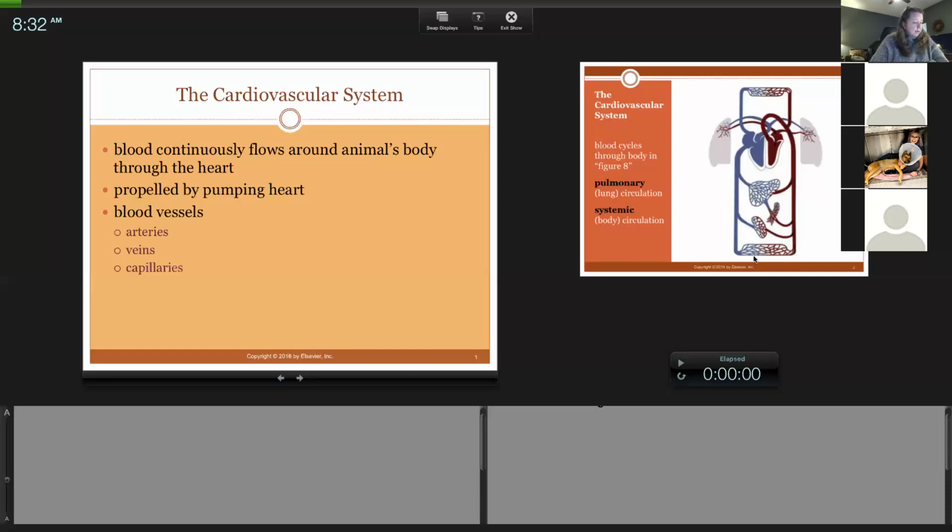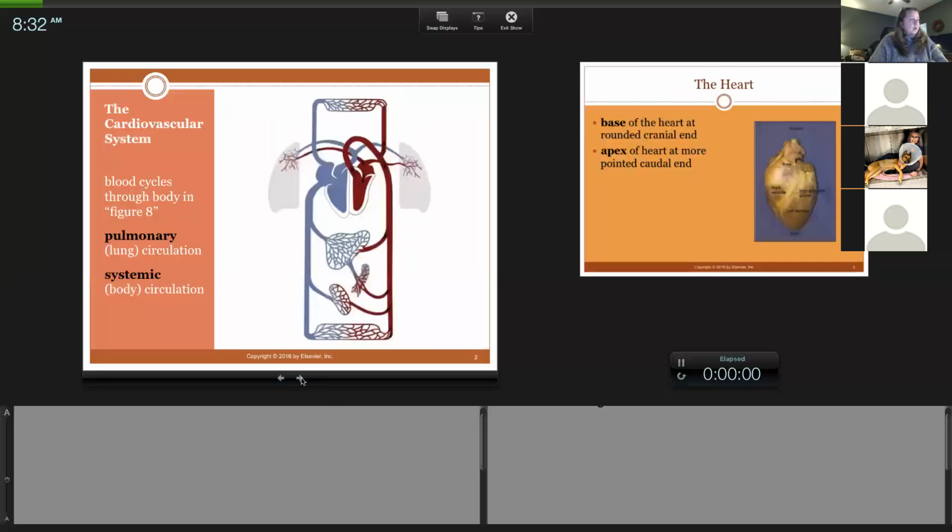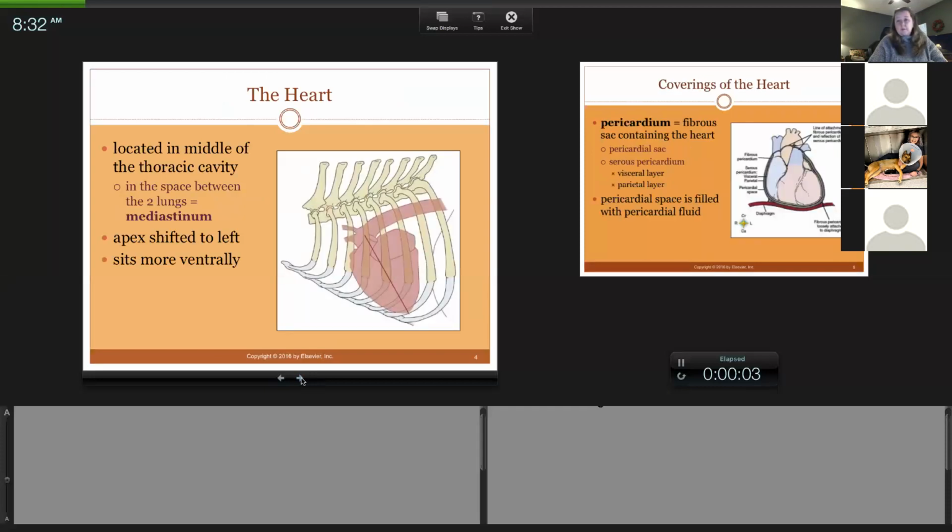Now, the next question, number 2, is: what is the mediastinum and what structures are located within it? I'll be moving around this PowerPoint a little bit, but if you think about the thoracic cavity, it is like one big open cavity. You've got the ribs and the intercostals forming the lateral borders. The diaphragm forms the caudal border. And in that space, you've got all the thoracic structures. The heart is going to be more cranial, and it's in the middle.